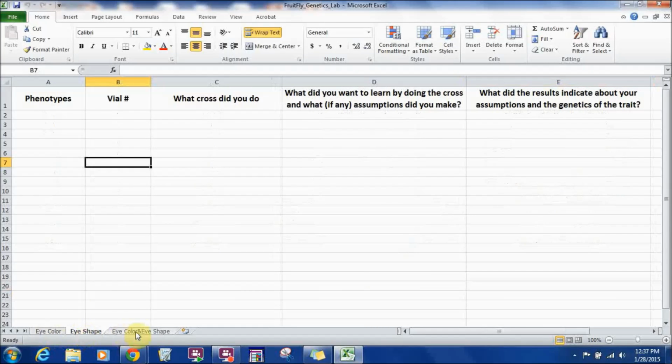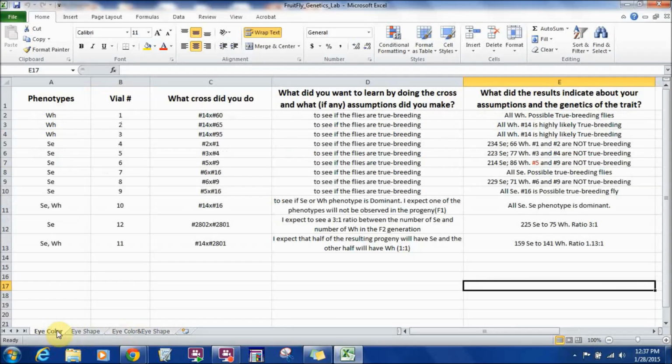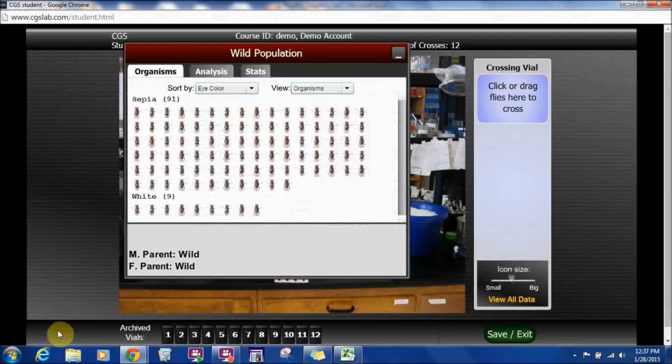I have eye shape, and I have eye color and eye shape simultaneously. So, eye color. I'll go back to my lab bench. Remember the Mendel experiments. What did Mendel do? Mendel identified the true breeding